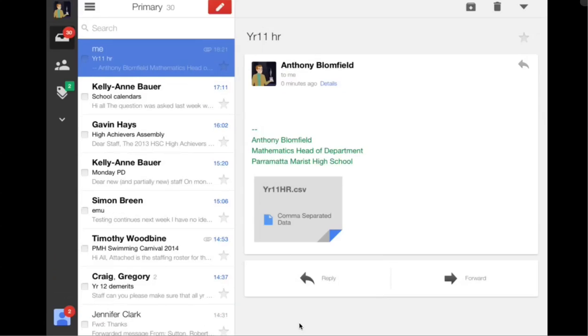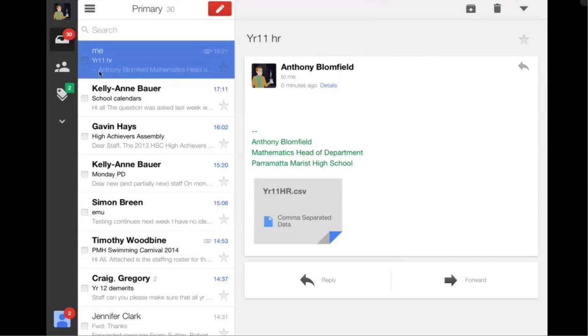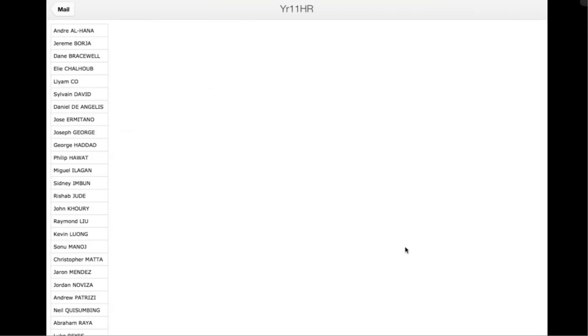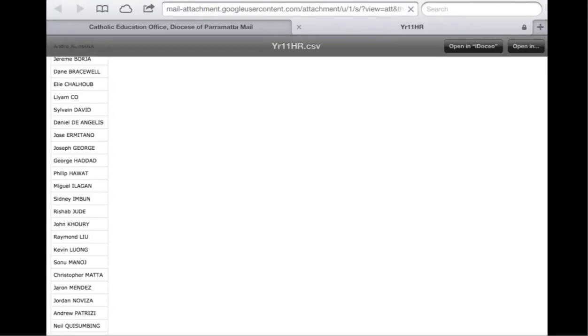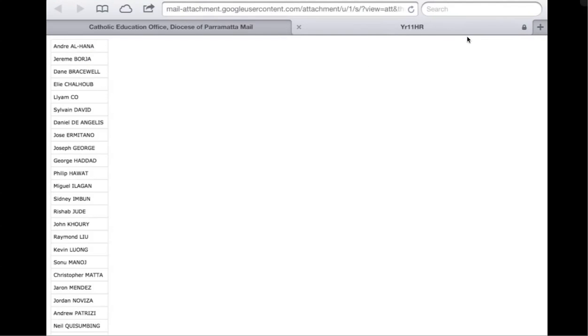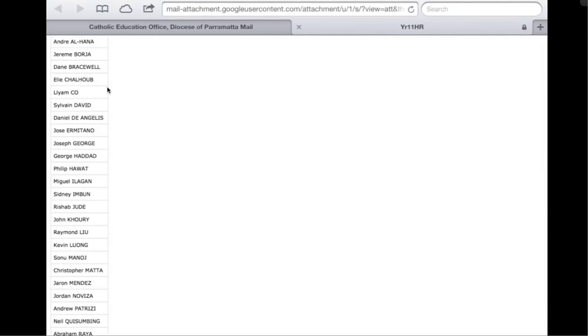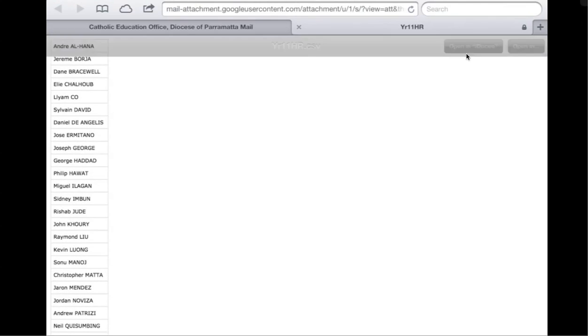Now what you can see here is my email to myself with this attached. So I will click on that on my iPad. That opens it up. Now down the bottom on the right hand side, which you can't see down here, is a little box with an arrow, and I'm going to click on that, and that gives me an option to open this page in Safari, which is what I want to do. And I click on there, and there's the list, and you can see up here that there it is, open in Idoceo. So I will do that,